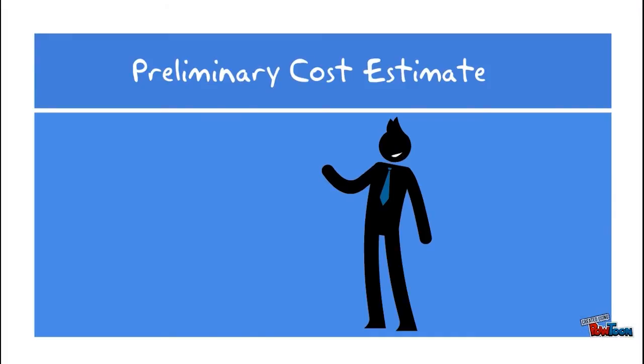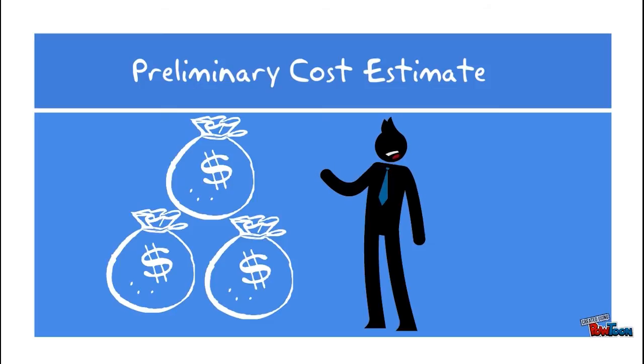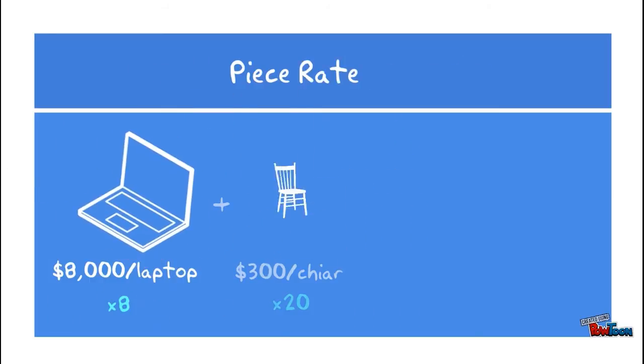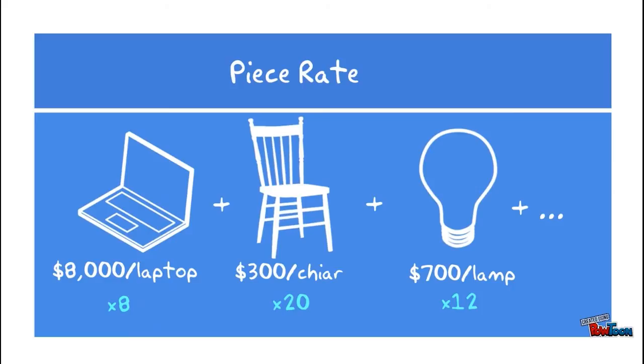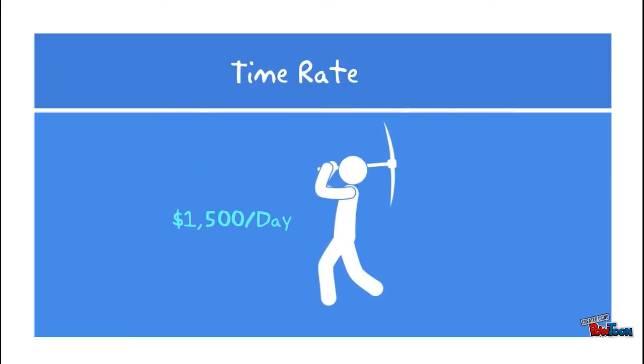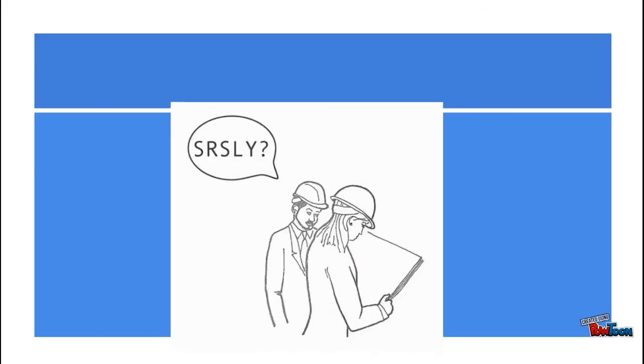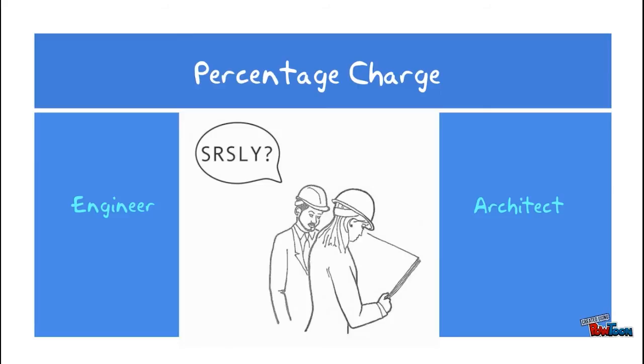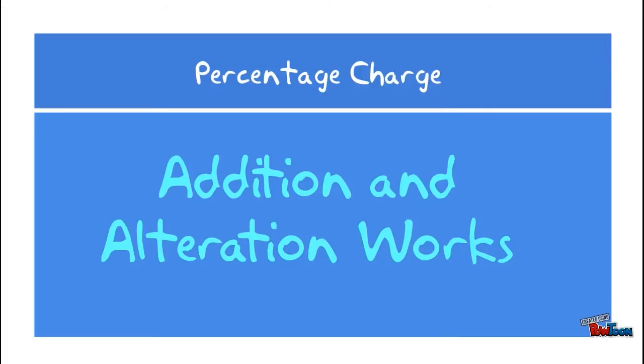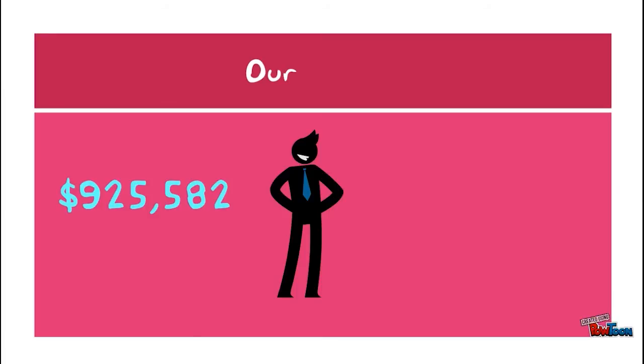Next, we'll introduce the estimated budget of the project. Piece rate is used for the estimation of the building components, while time rate is used for labor works. Other items, such as contingencies and professional fees, are estimated by percentage charges, based on the sum of all addition and alteration works. The overall estimated budget is around